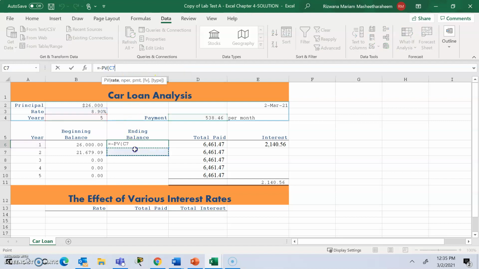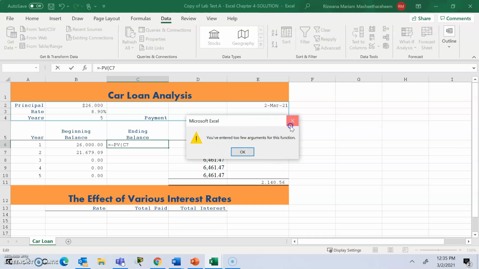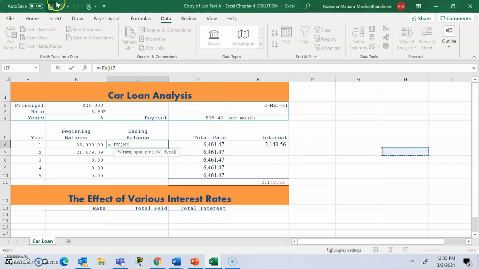So, my bad, I messed it up. So what would be the value? Rate divided by 12, comma, 12 times. Here there should be a